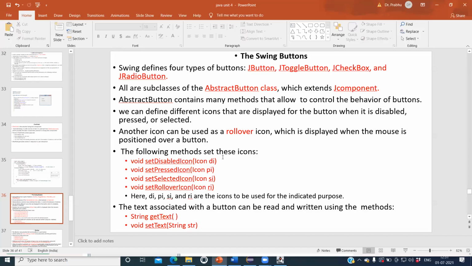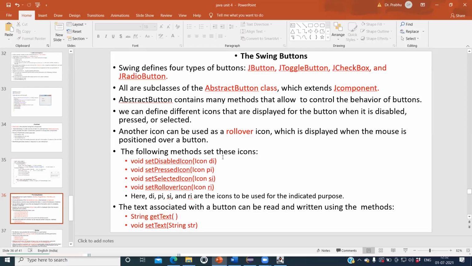With respect to buttons, if you press a button or click something, all those things will be considered as events. For those events, the AbstractButton class provides various methods to handle and perform those events.